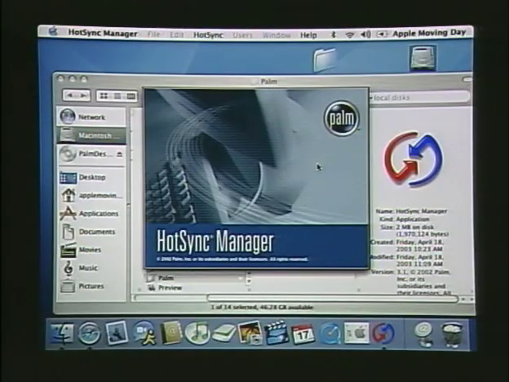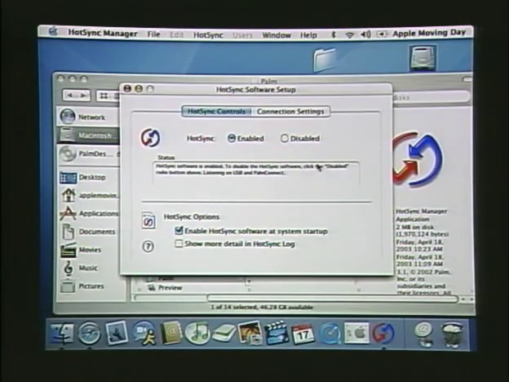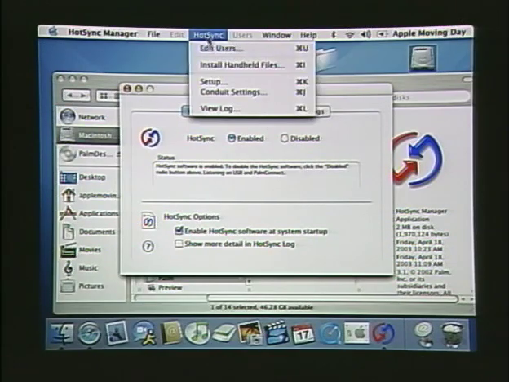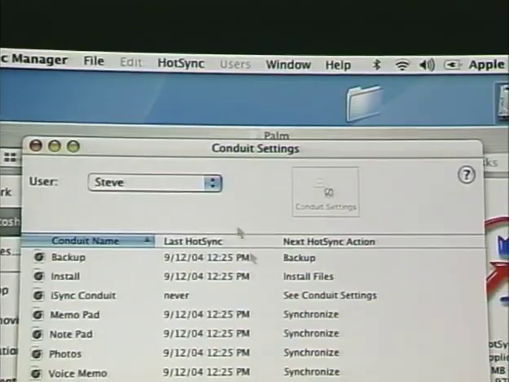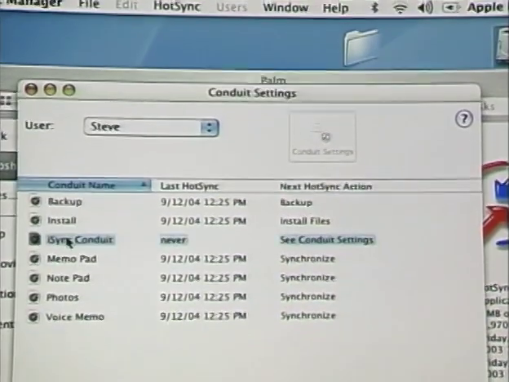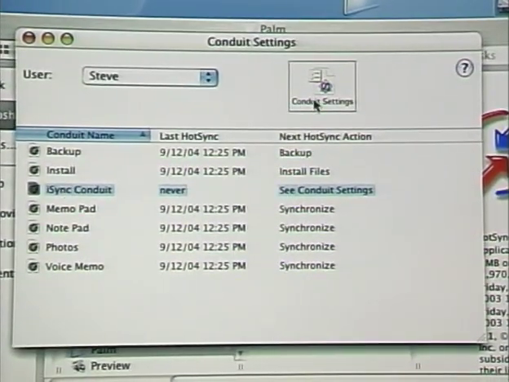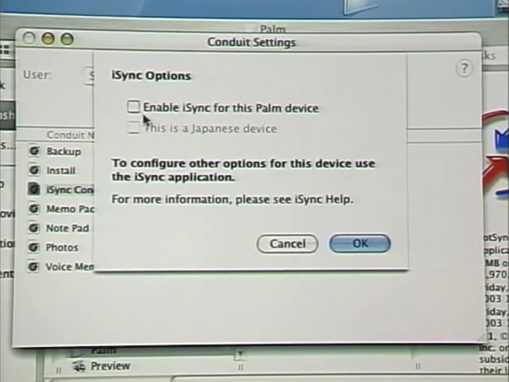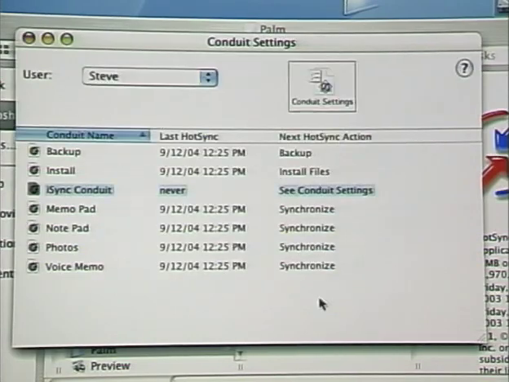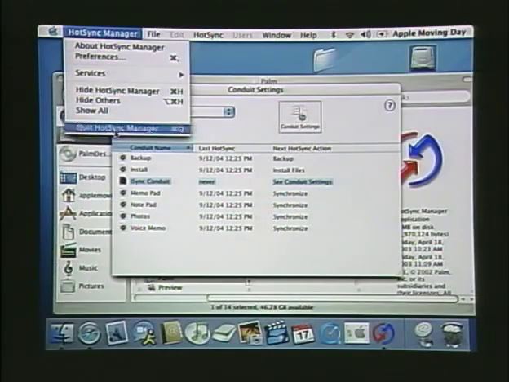We do that by going to Apple's website and downloading something called their iSync conduit. You'll see that in a second. Let's go into this HotSync Manager, which is where we configure this all. And you go in there to Conduit Settings, and this is iSync Conduit. This is what I've just installed. We only have to do this once. The very first time, you go into Conduit Settings, and you have to enable iSync for the Palm device. Once this is done, you say OK, quit the HotSync Manager,